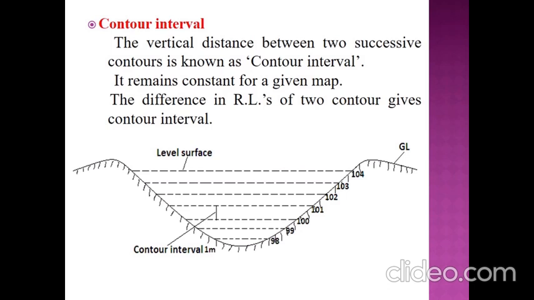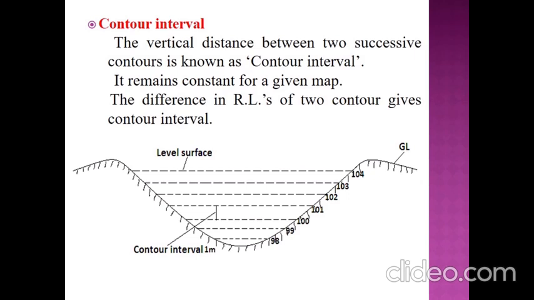The contour interval is kept large, up to 2 meter, for projects such as highways and railways, whereas it is kept as small as 0.5 meter for measurement of earthwork, building sites, dams, etc. For a city survey, a contour interval of 0.5 meter may be adopted, and for more extended surveys such as geological surveys, a contour interval of usually 6 to 15 meter is adopted.